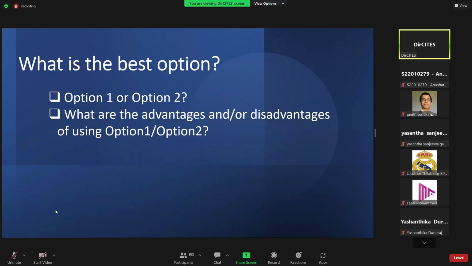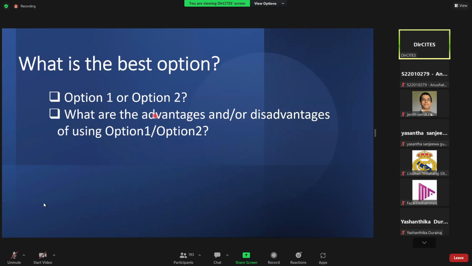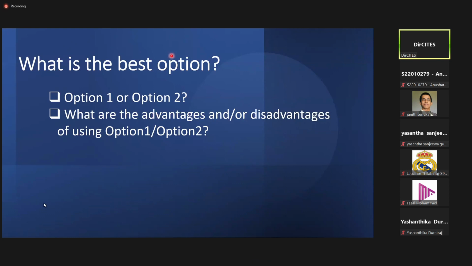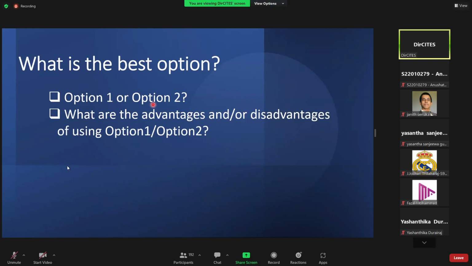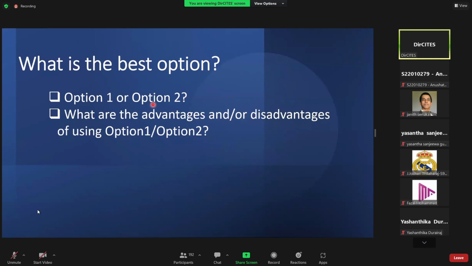Okay, so that's good. Is anyone choosing option 1 or option 2? And any reasons? No one. So no one is choosing option 1. But there were 1 or 2 students saying option 1 is better than option 2 in the previous weekday session. And she had a good logic there. So what she was telling is by having option 1, we can have